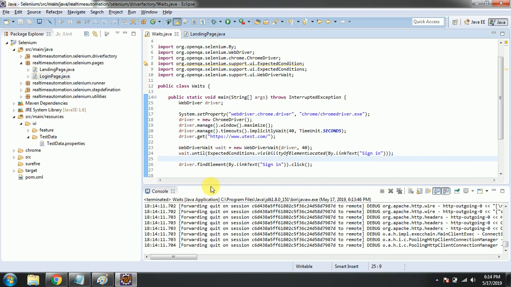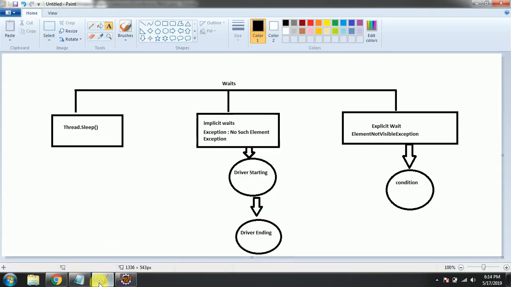Yes. This is all about implicit wait, Thread.sleep, and explicit wait, guys. If it is exceeding the time we specified in the timeout for implicit waits, it is going to throw a no such element error. For explicit wait, when we are going with the WebDriver wait, whenever the element is not available within the specified amount of time, then it is going to throw an exception, like element not visible exception. Here you can see this exception, it is going to throw.